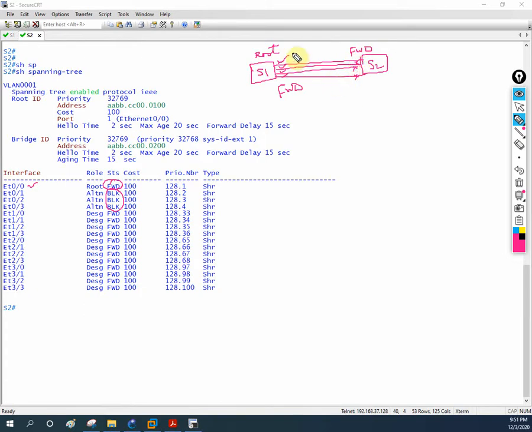So now we are going to configure the EtherChannel by using LACP. When we configure all these physical interfaces, the physical links become one logical link, so we can bundle them. Why are we doing the EtherChannel? To increase the bandwidth. We can say we are combining multiple links into a single logical link to increase the bandwidth. This is one of the reasons to do the EtherChannel.